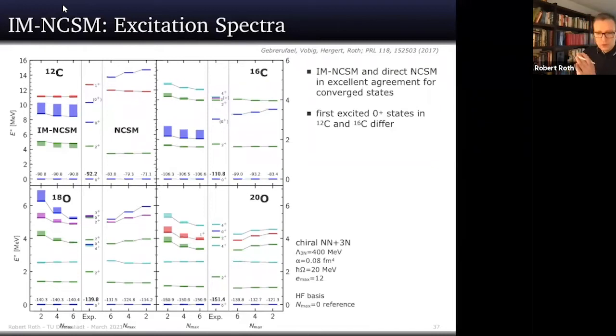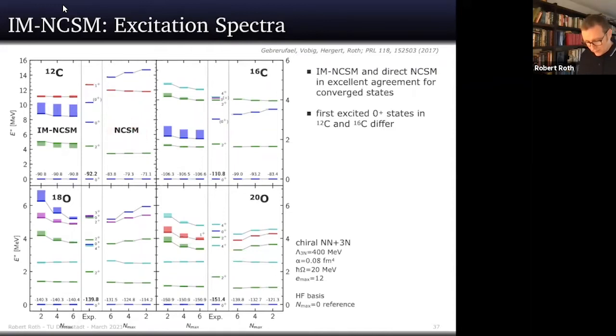So if you want to compute, say, a quadrupole moment, you have to evolve the quadrupole operator as well through this in-medium SRG scheme. This is more tricky because the quadrupole operator is a rank 2 tensor, so it's not a scalar operator anymore. So that causes extra computational effort, but it's possible and we do that. So in this way, you can address all the observables that you can also compute in the standard NCSM.